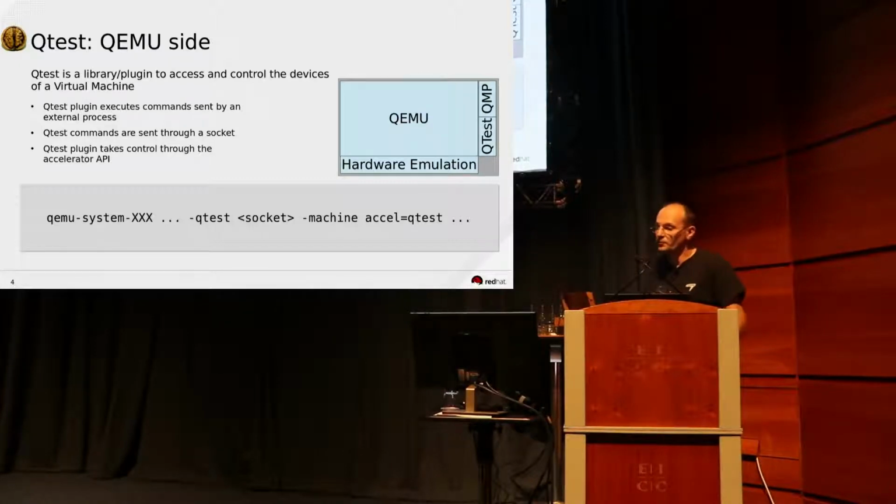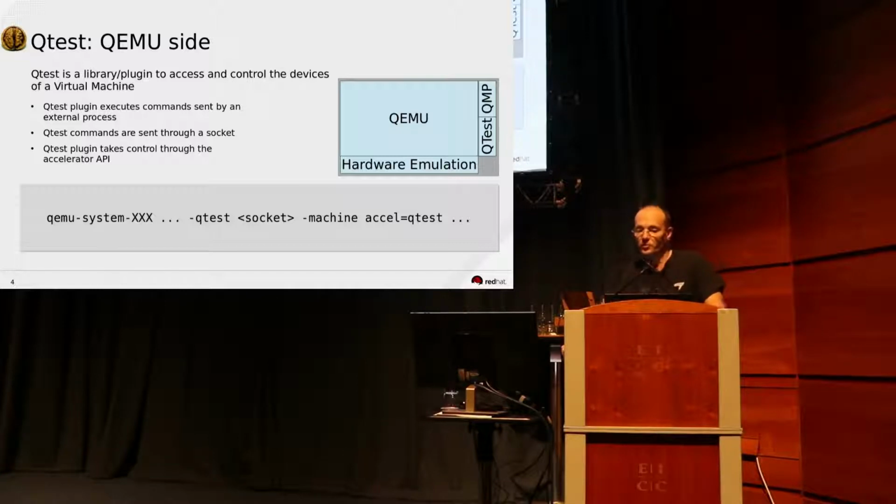On the side of the virtual machine, we start QEMU, you can see with the command line, specifying an accelerator with dash machine accel set to Qtest. The Qtest accelerator will replace the CPU, as the CPU is the best place to be to access the devices of the machine and to access the RAM, to everything that is in the machine.